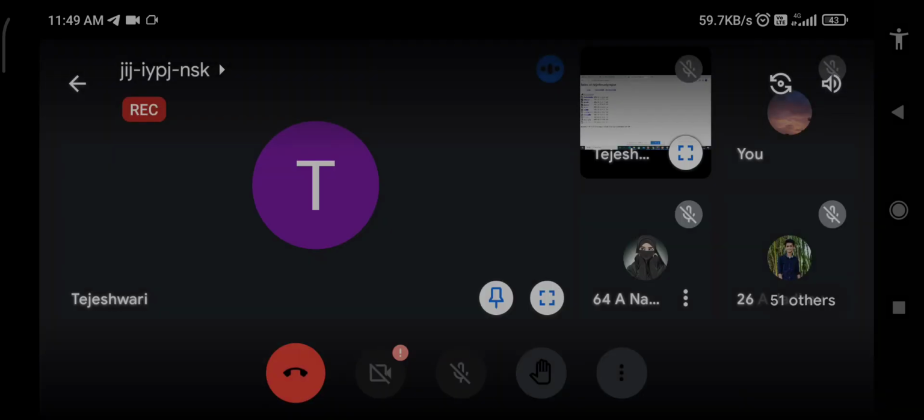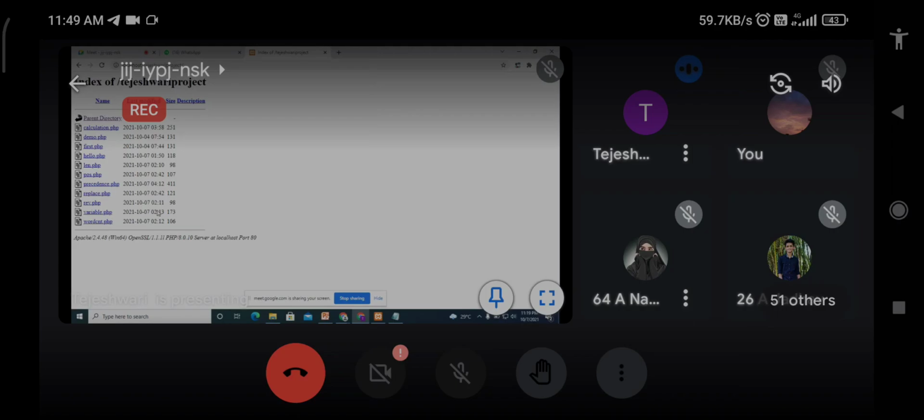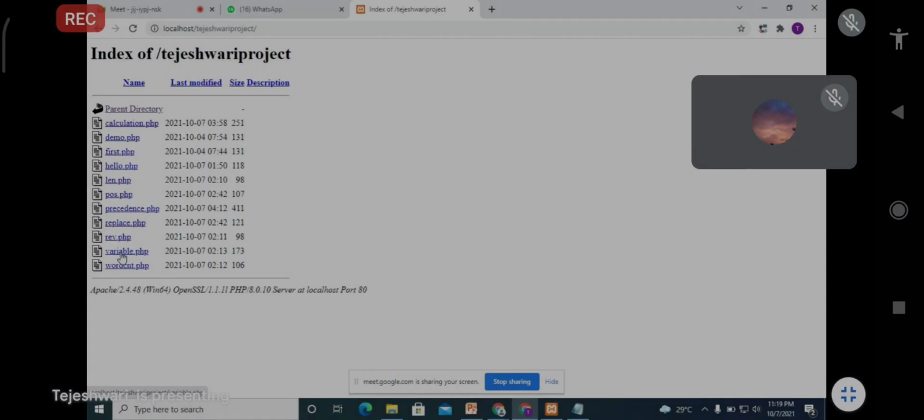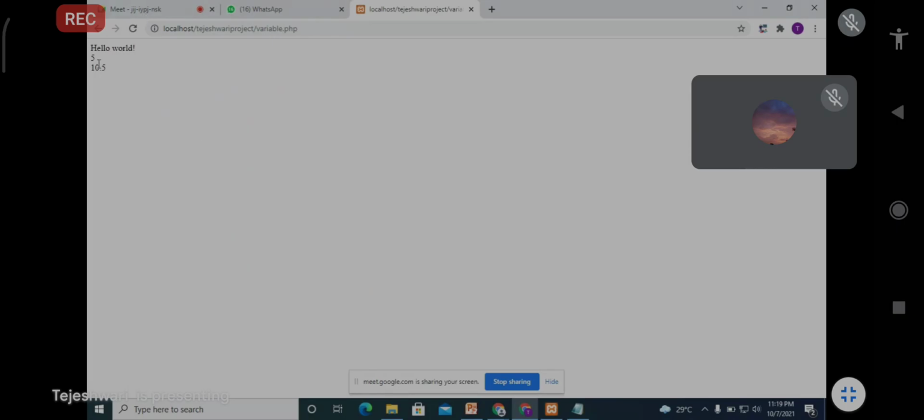So in this particular project, where is variable.php? You just click on variable.php and you can see the output hello world. For $txt, you put down the value hello world, so that's why it is showing hello world.